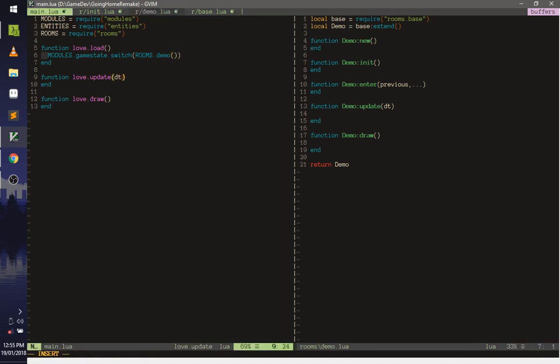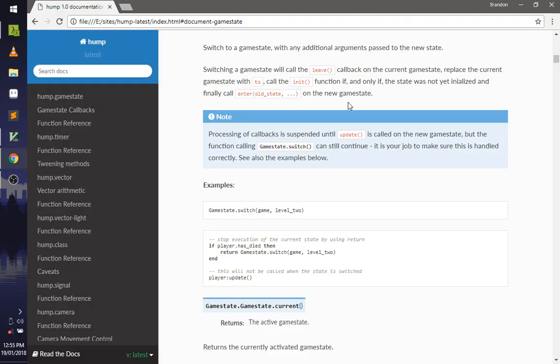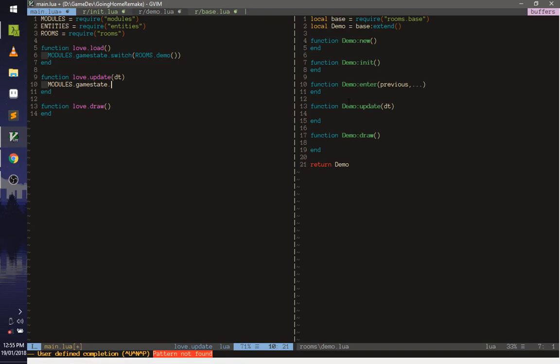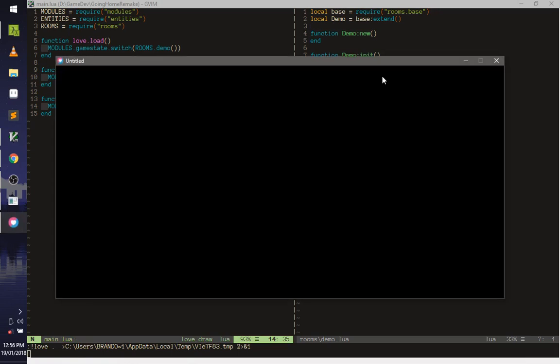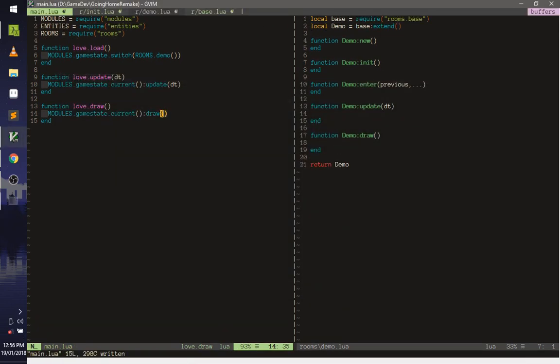Okay, so here we need to specify that modules game state that current, update, and then draw. So okay, when we create the room, we don't do anything, but when we initialize the room, let's create